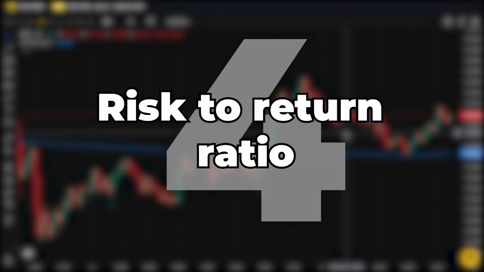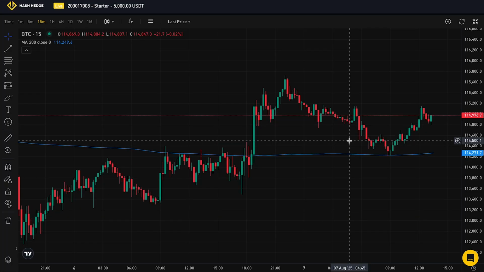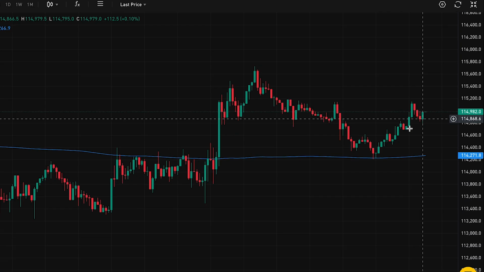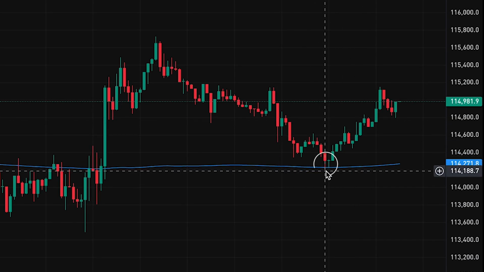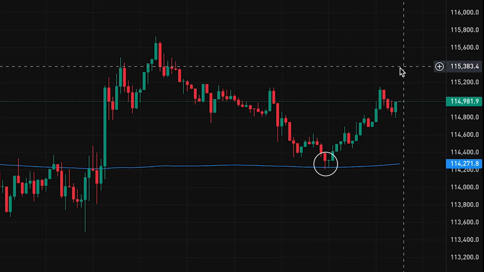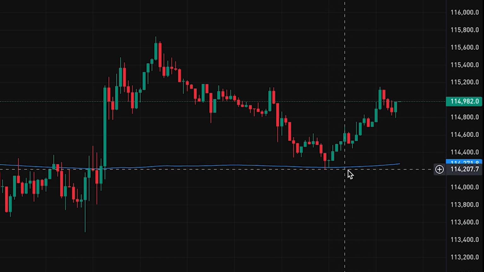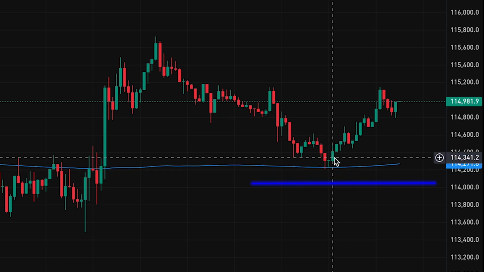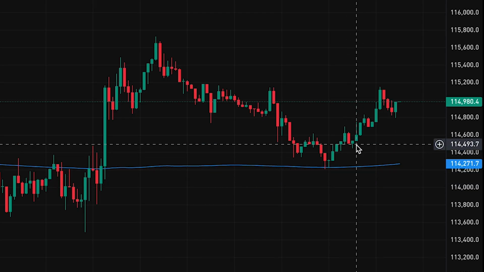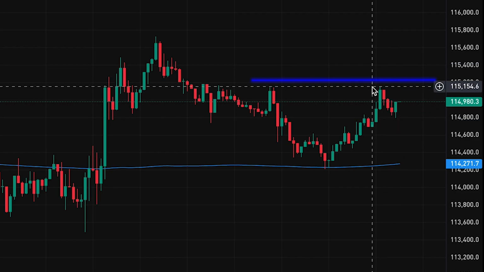Next comes the fourth rule, a very important one. Your risk to return ratio should be at least 1 to 1, and ideally more, ideally 2 to 1. What does it mean to have a risk-reward ratio? Let's say we want to go into this deal here. According to our strategy, now the chart is above the 200-day moving average. We want to enter the trade upwards. Then we will set the stop loss at approximately this value from the entry point. Let's say it is 100 pips. Our take profit, our target on this trade, should be at least the same, at least also 100 pips, and